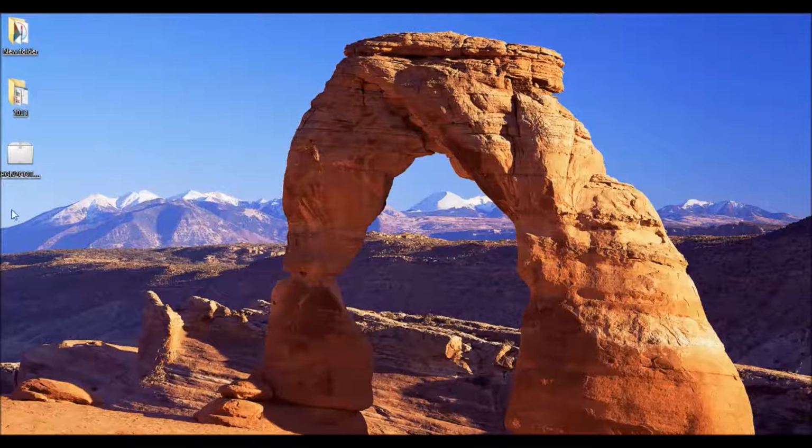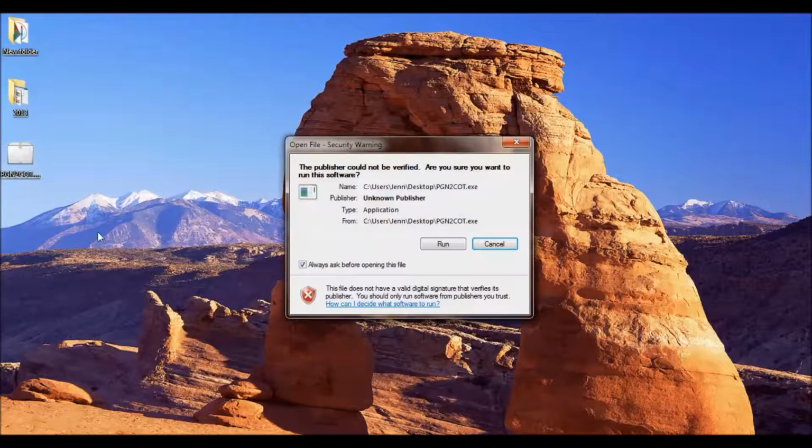The next step is to install the PGN2COT program. Right here it is. It is a self-contained program, so it doesn't utilize a lot of space on your computer or system. It is also virus-free. So if your program acts funny, you're just going to have to do a workaround in order to install it. I click on it, click Run,